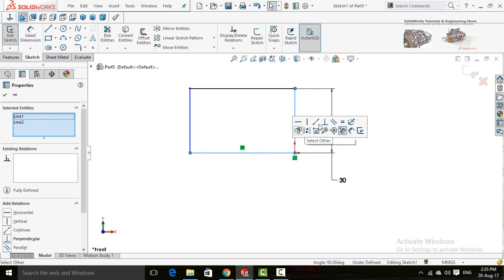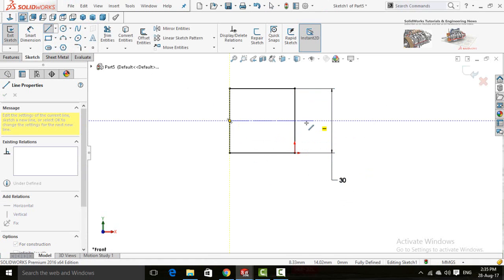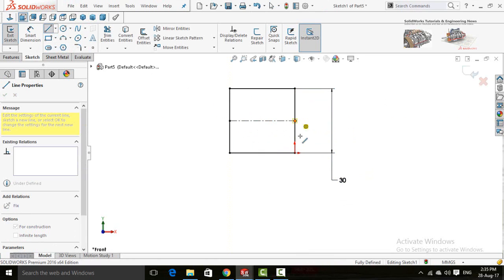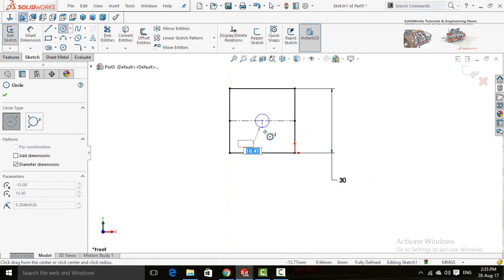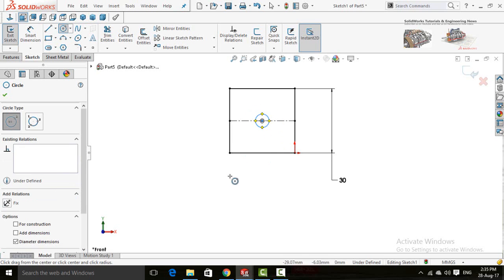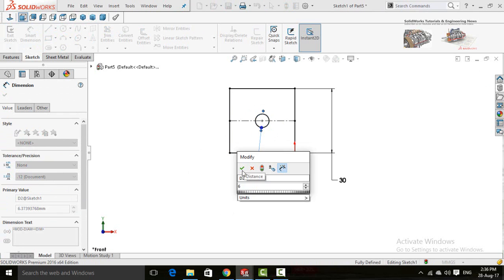Select both of these lines and make relation equal. Now select center line and draw it from this middle point to this midpoint. Now draw a circle in the mid of this center line. Define it 6 mm.